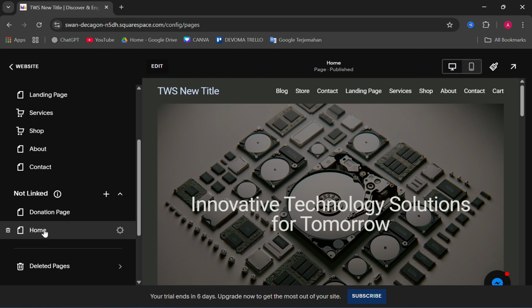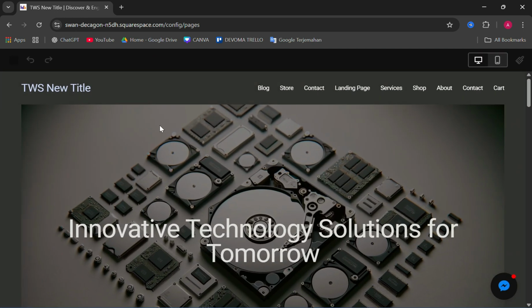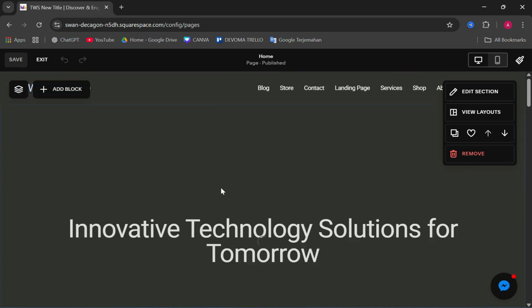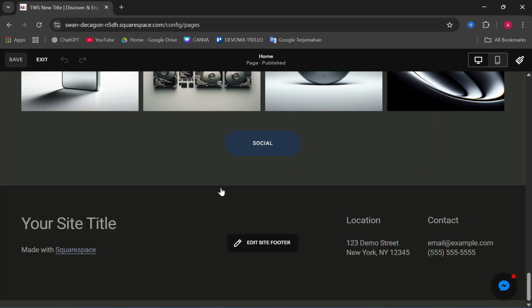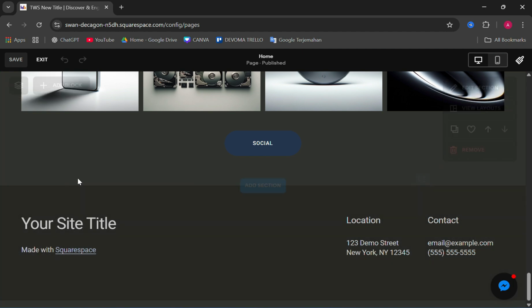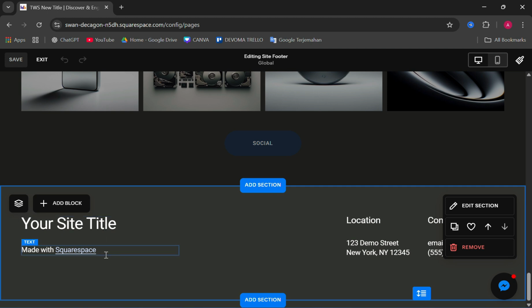So usually it's in home, so you can go to home and then click edit, and then we are in website editor here, and you can scroll down to the footer. As you can see, I already have a footer made with Squarespace. I'm gonna change it to copyright text. So you can click edit site footer and then we're gonna